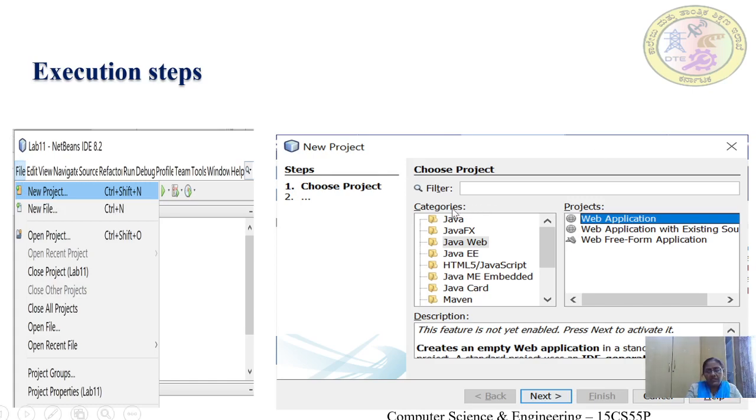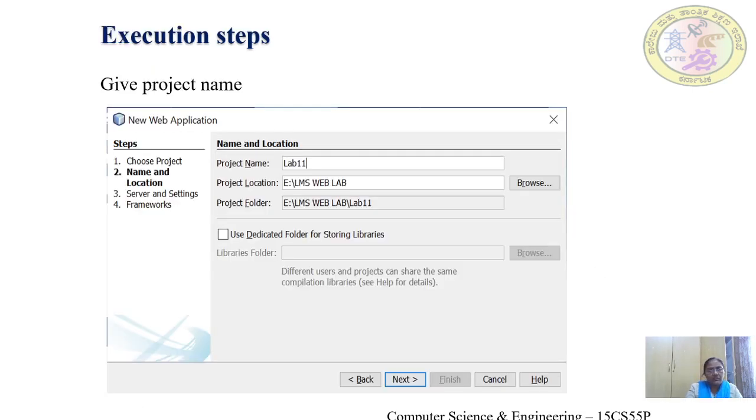Here in the categories, you select Java Web, then click on Web Application in the projects, which creates the web application. This is the name of the web application in which I want to create JSP and HTML pages.